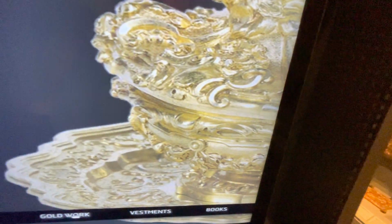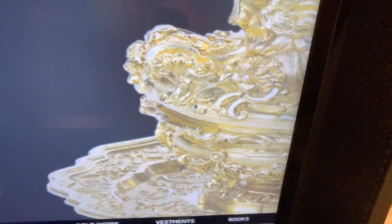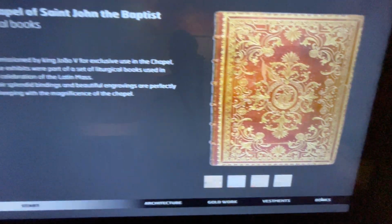Gold work. Yeah, I can't, vestments. That's what this word is, vestments. And books. Leather-bound books, commissioned by the chapel. Yeah, we've got to keep moving along. Otherwise it'll be a...